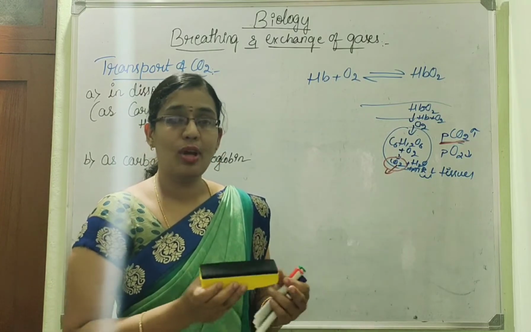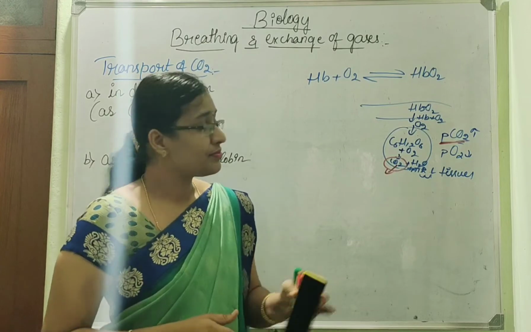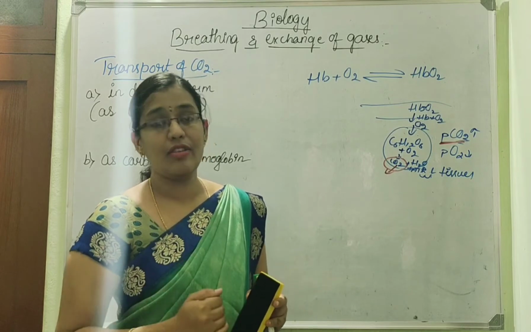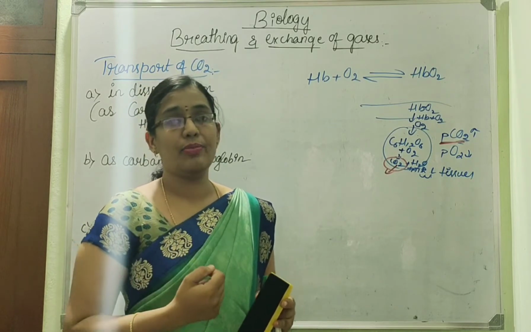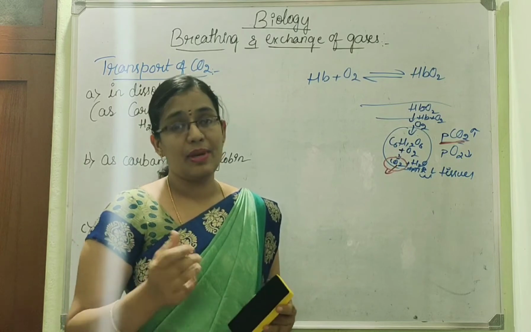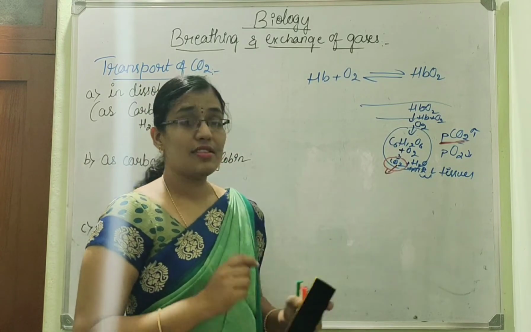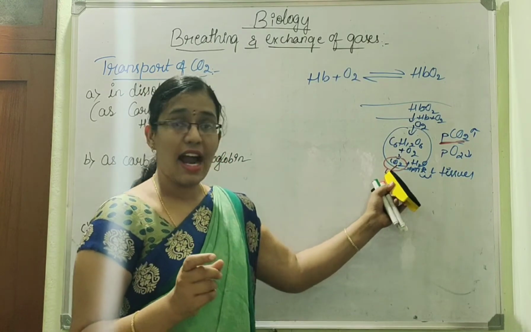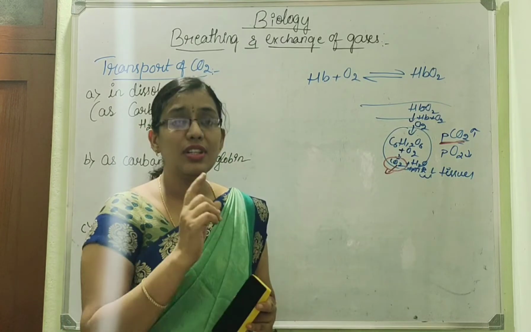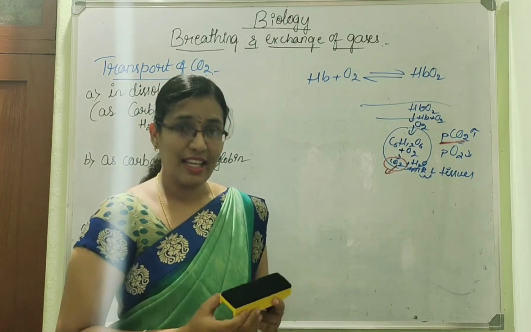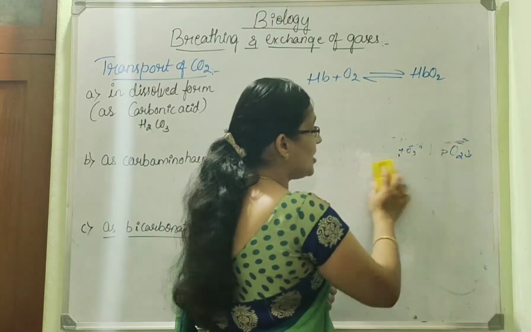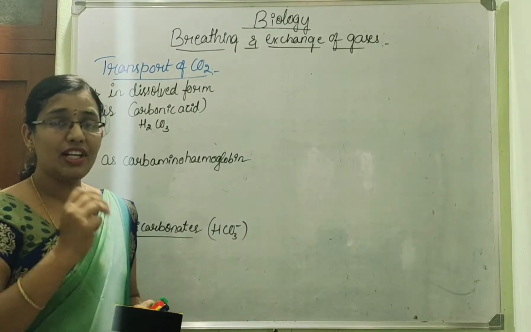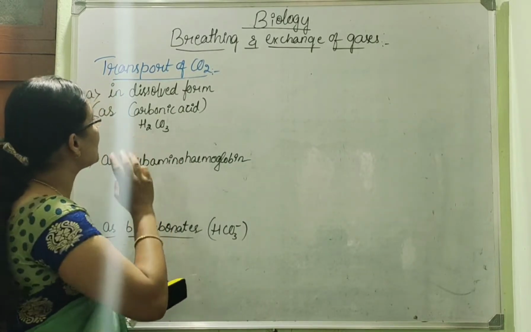Why to alveoli? Because again there gaseous exchange takes place, and you all know that carbon dioxide is a toxic compound which should not be present inside our body. If it is present inside our body for longer periods, it may be fatal. It is very dangerous, and thus this carbon dioxide has to be eliminated, and this carbon dioxide which is released at the tissues is carried to the alveoli for gaseous exchange. Okay, so this released carbon dioxide inside our body is transported in three different ways. How many ways? In three different ways.